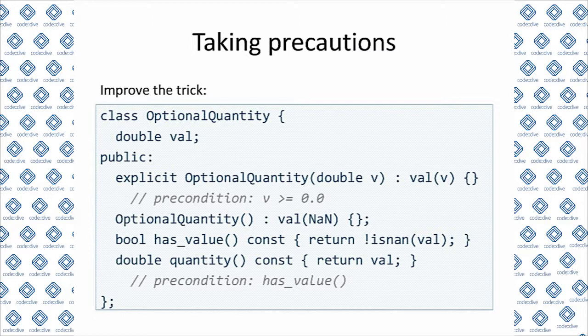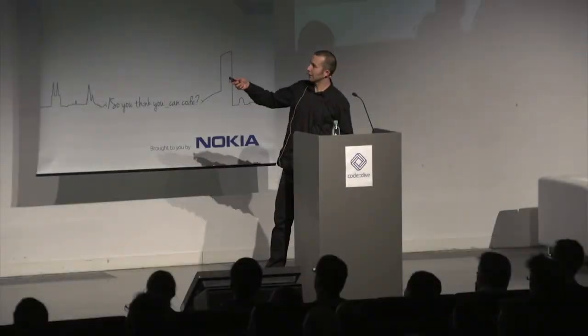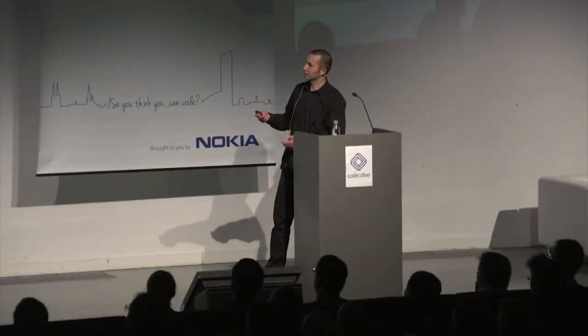And in the end, if this optimization is needed for some reason, the optimization is fine. The only problem with it was that it doesn't tell you that it's two different things that you have to take care for. So an alternative that the guy can take is to use a constraint type like we've seen in the previous talk. It's still a double inside, except that it's a different type.